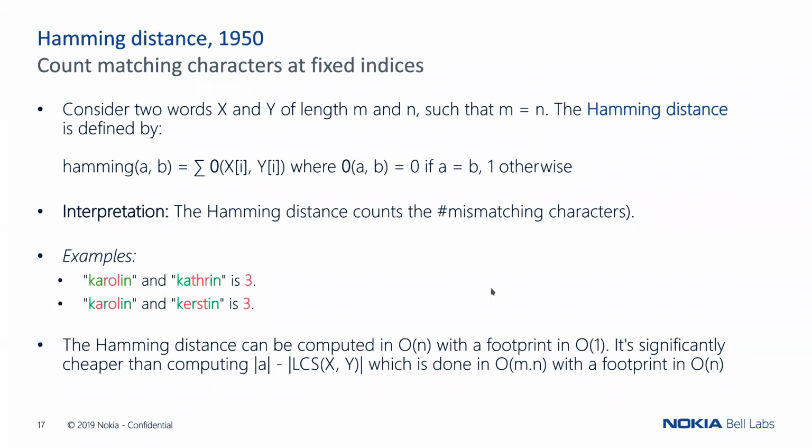Okay, so to compute the Hamming distance, of course, you wouldn't use dynamic programming because it will lead to a quadratic complexity. Here, you will just iterate in parallel on both strings and compare character by character the pair of current characters. And so the cost becomes linear. So it's significantly cheaper to compute. And of course, you can see that using this kind of algorithm, you require 2 strings of the same length.